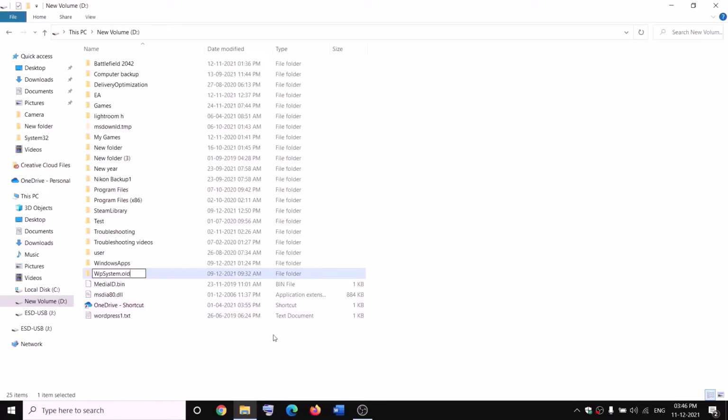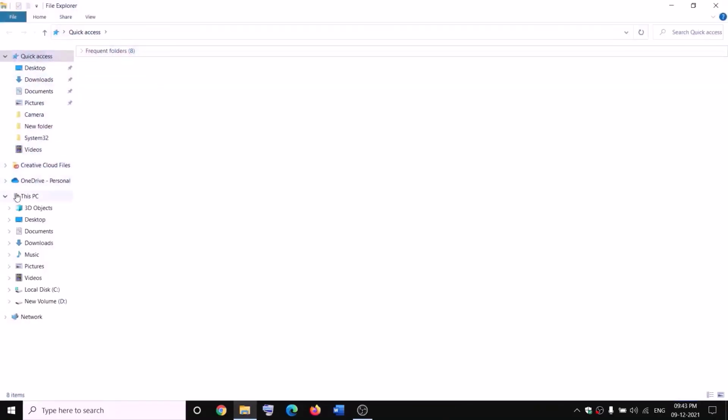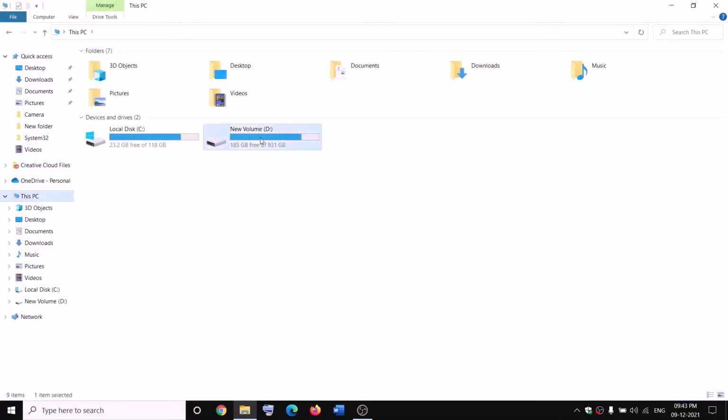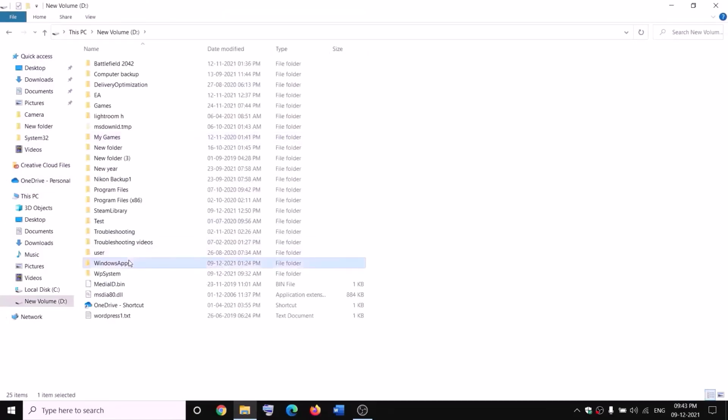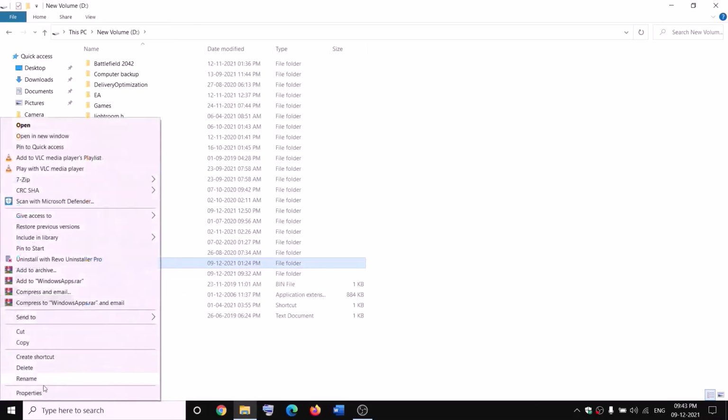Now still you face problem. In that case you can go ahead and restart your computer and then try to rename it once again. Open File Explorer and then go to This PC, open D drive, then make a right click on Windows apps and then rename it. Now before rename you have to take the ownership, make a right click, then click on